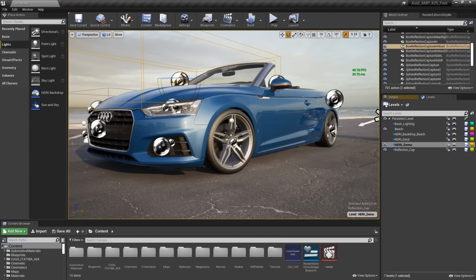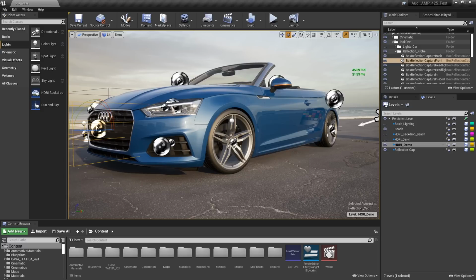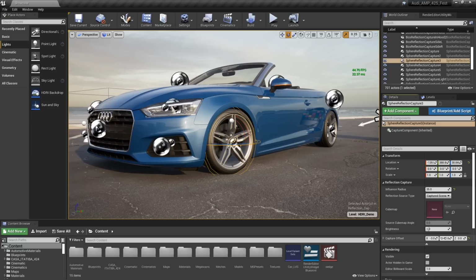I've got one on the hood. I've got little spheres over in these nooks and crannies on the headlights. And then wrapped around each wheel, I've actually got a reflection capture centered on the wheel. What I'm going to do is push off where that spherical reflection capture is going to get rendered from. I want to push out a little bit from those wheels so that it gets a bit of the